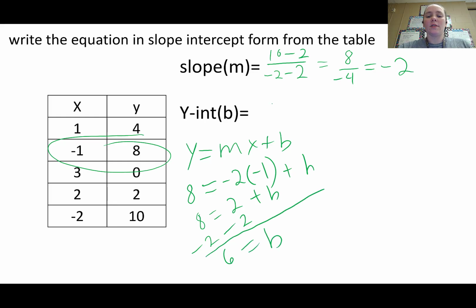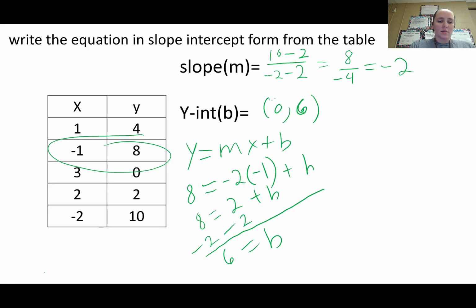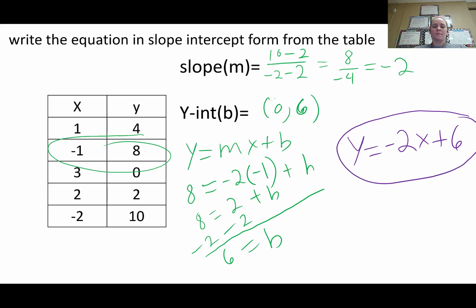So my y-intercept is the point 0 comma 6. Oops, did not mean to go to the next question. Okay, so my equation for this one is going to be y is equal to negative 2x plus 6. All right, let's go ahead and